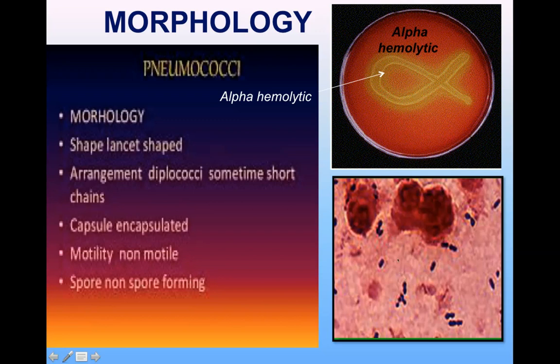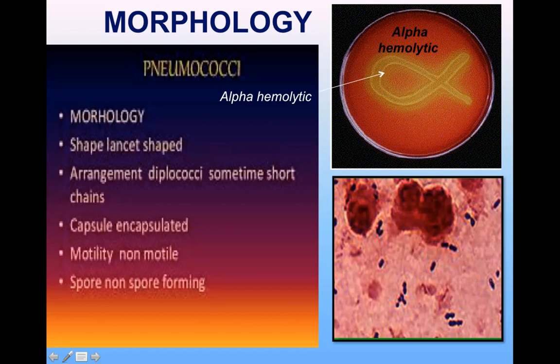Now, if you look at this portion of the slide, you will see that they are gram-positive diplococci, meaning that they are generally arranged in groups of two. Rarely they can show you short chains, and they have a typical shape which is known as lancet shape. Lancet means that they are pointed at one end, the outer end, and they are rounded at the other end. Then you can easily make out the capsule around them. The capsule remains unstained, as you can see over here.